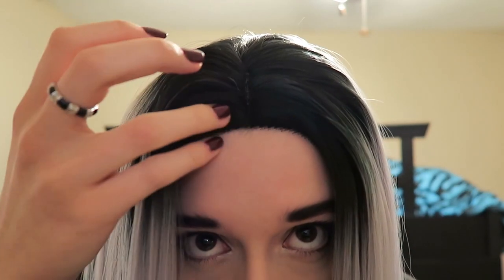So as you can tell, the A-line on this hair is very, very sharp. It's really short in the back. It's only about this long in the back. It's got a little bit of layering to make it a more natural gradient, and it slopes down to all of this loveliness in the front. The hairline looks really nice. It's got that natural hairline that comes all the way down to here